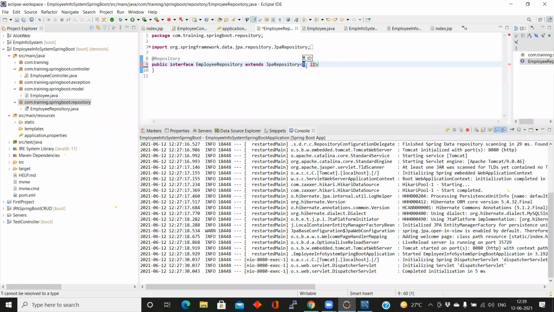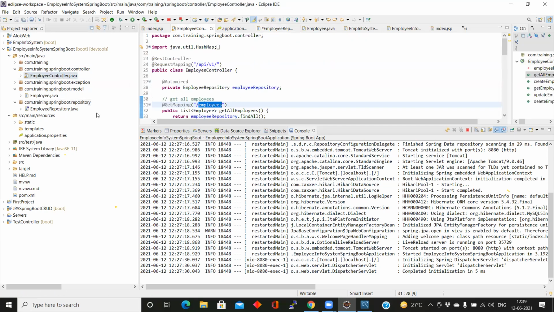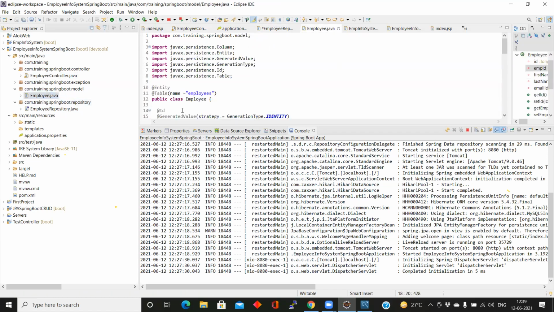JpaRepository takes T and ID. T is for the object entity, so T is the entity here, Employee, and ID is the primary key. So what is our primary key? Our primary key is an ID.